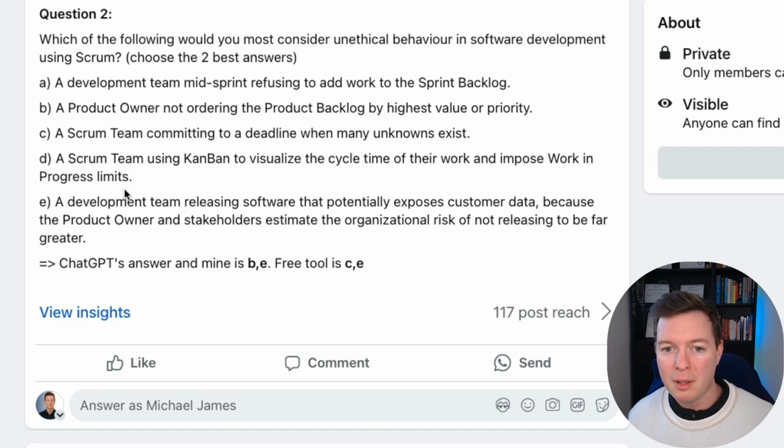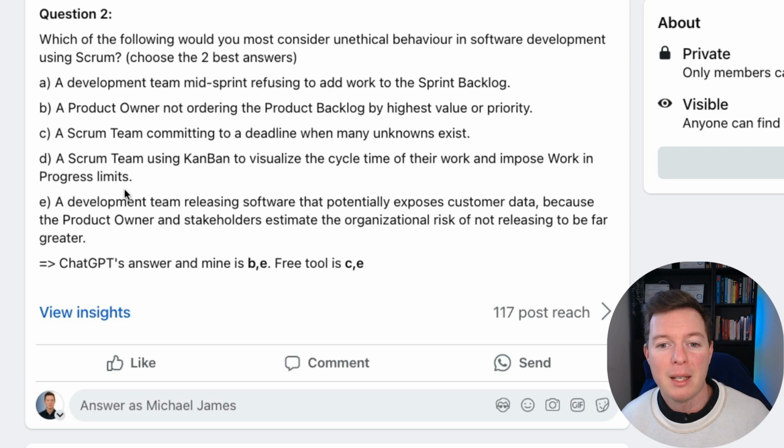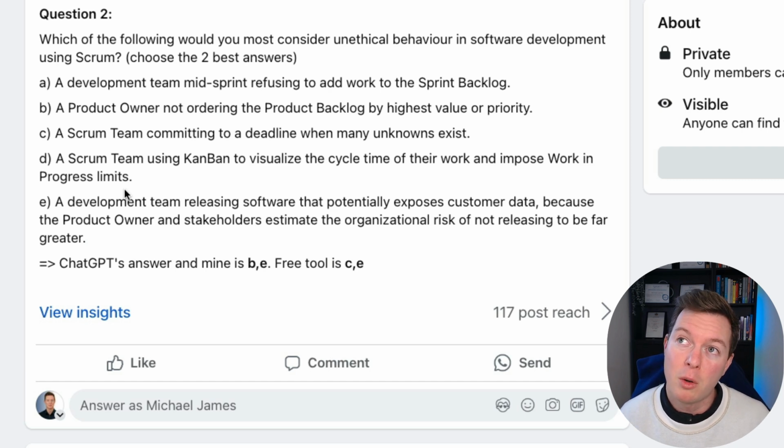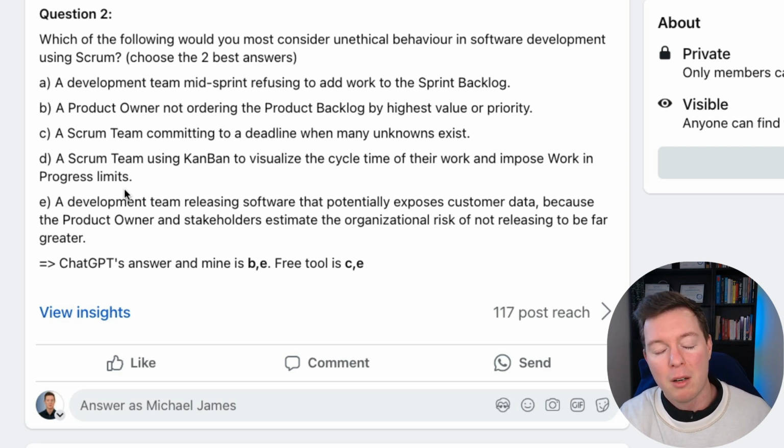So firstly, if there's any work that's been asked of the developers that doesn't align with that sprint goal, then it shouldn't be pulled in anyway. If it is aligning with the sprint goal, then it's more of a problem for commitment to the sprint goal. So we don't have enough information about what kind of work and tasks are being refused to be brought in. But what I will say is, if the developers are under pressure to bring more work in, and that's going to add to their workload and going to jeopardize the sprint goal, then that's a bad thing.